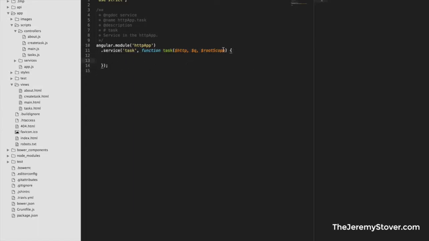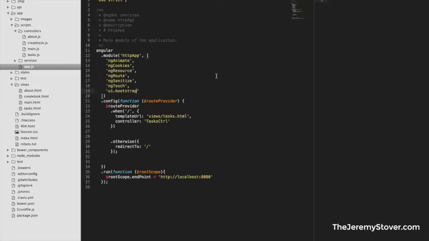But we're going to need a couple things. We're going to need cache HTTP, which holds all of our HTTP verbs and all the functions, and cache queue, which is for the promises. This is basically a promise library built into AngularJS. And we're including root scope here because, if you look inside of this,